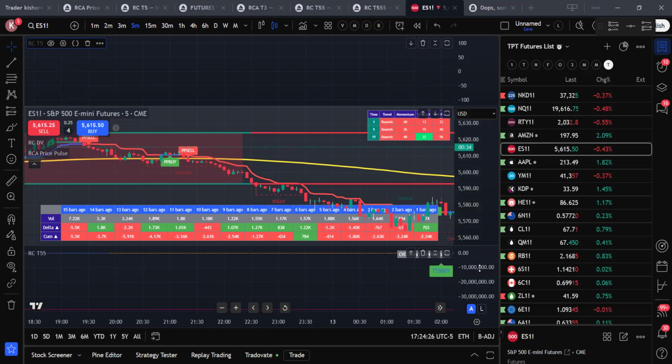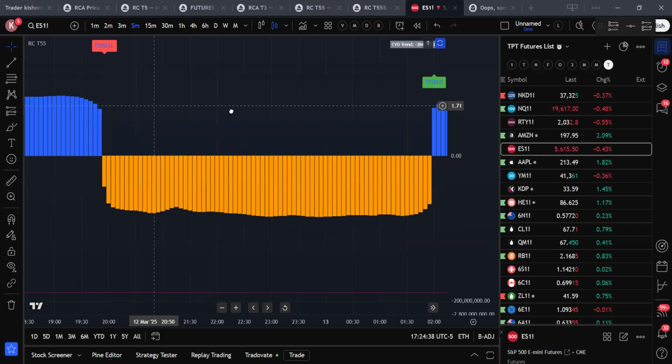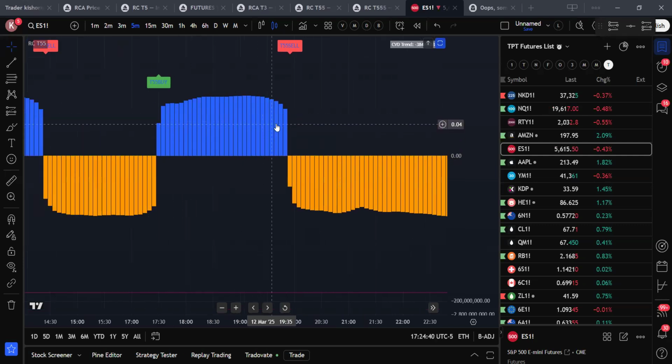and go to the bottom. Right here, if you go to the bottom, you see A and L. You have to make sure you click on the L, logarithmic value, and then immediately you see these bars. These bars represent: if it is a blue bar, buyers are in full control. So whenever a blue bar comes from the bottom and price started moving up, immediately you get a buy signal. Or from the top, again it came to the bottom,